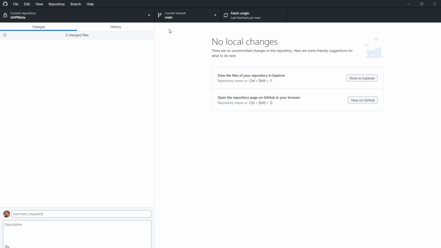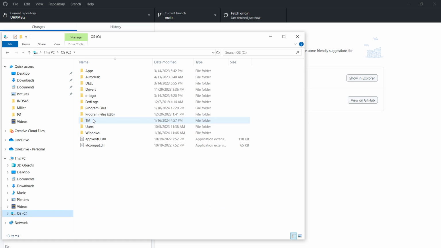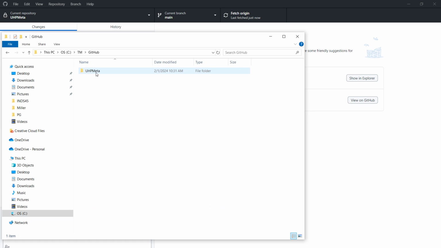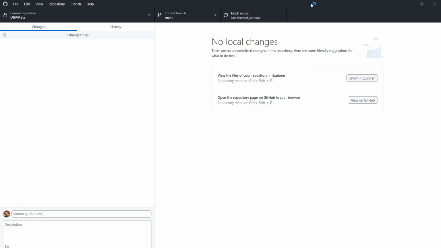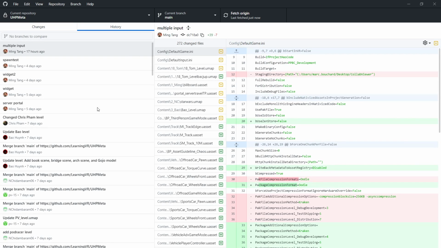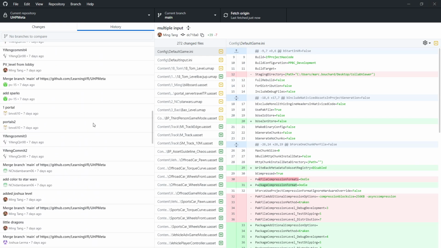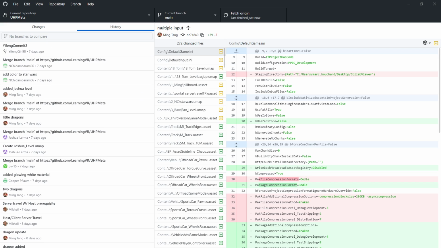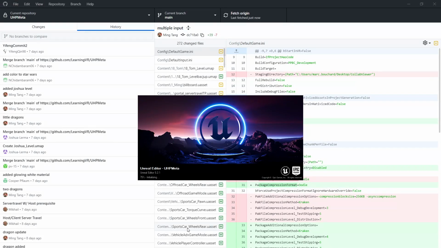Okay, so once the synchronize is complete, I'm going to run Unreal from my GitHub. This should embed these 130 changes over the past week. So it should be out here. Yeah, that's really a lot of changes. All right, so while Unreal is opening, I just want to highlight a few things I'd like to cover